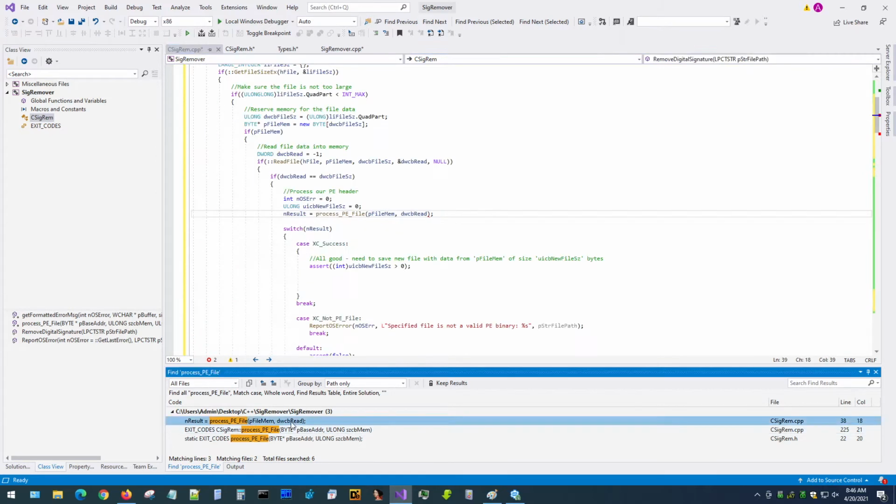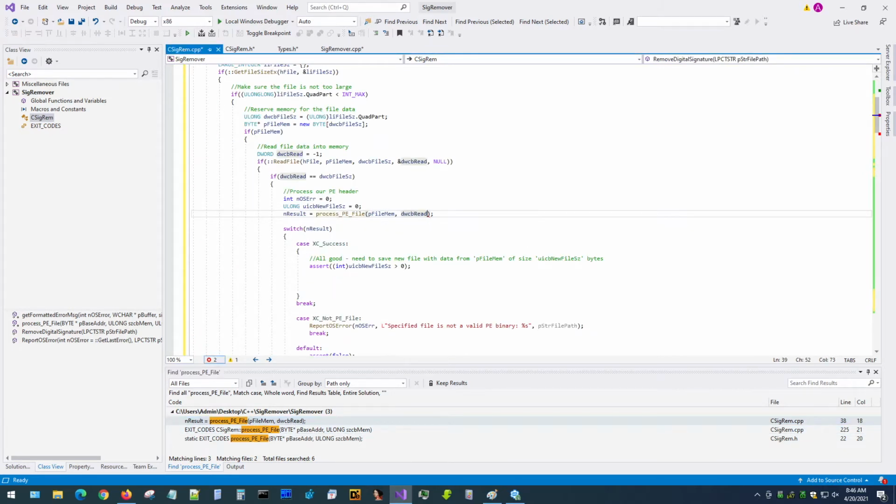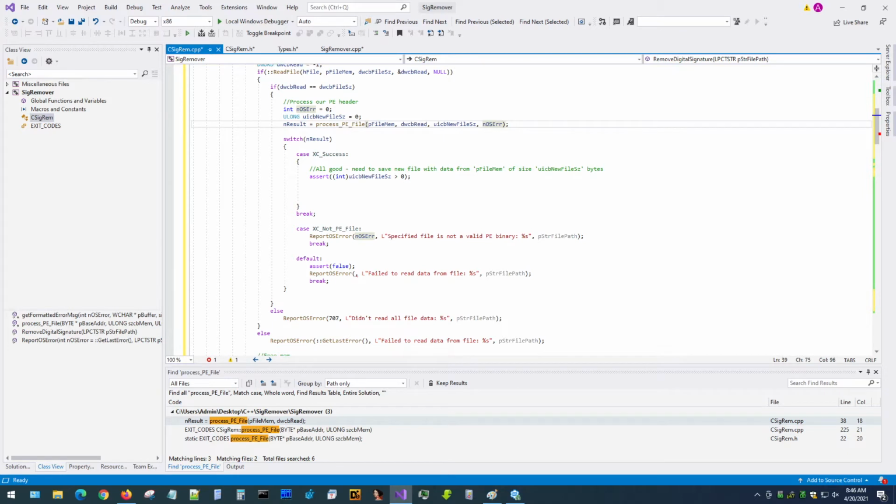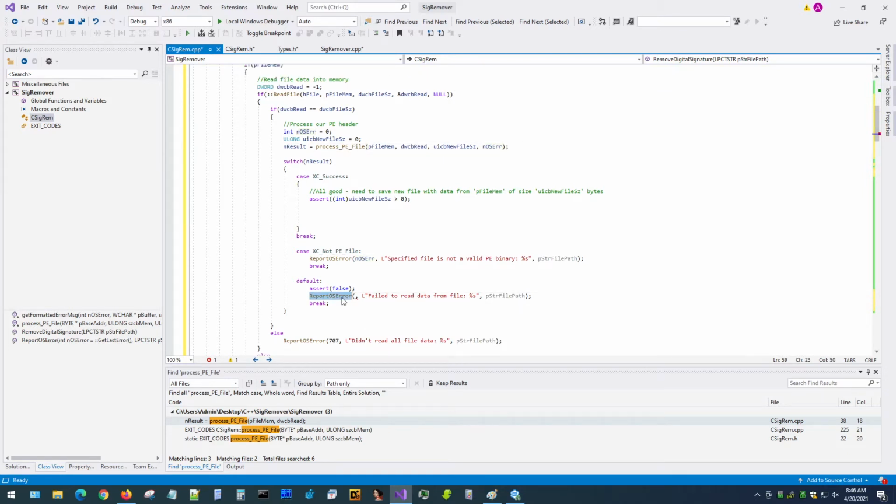Now this is very important. Don't just leave it dangling. Since we used it here, we need to provide it here so that the function can actually fill it in for us. Okay. So we need to handle this situation. Our default,